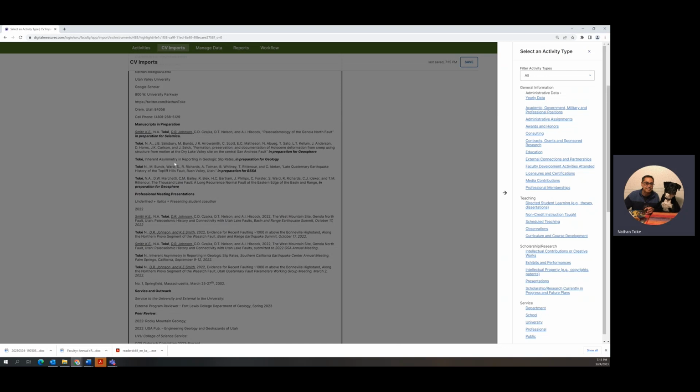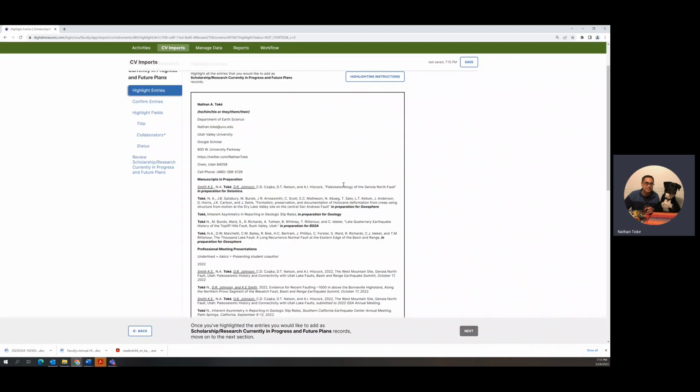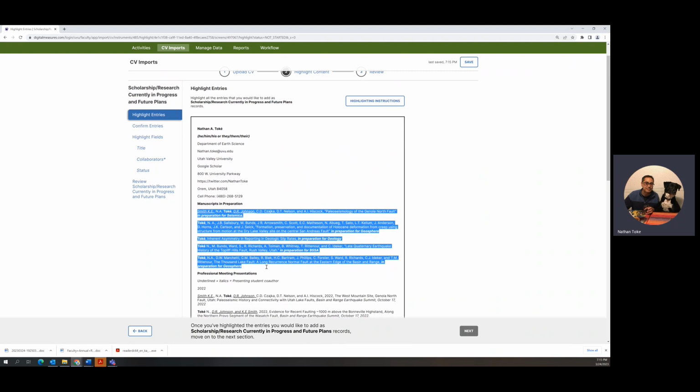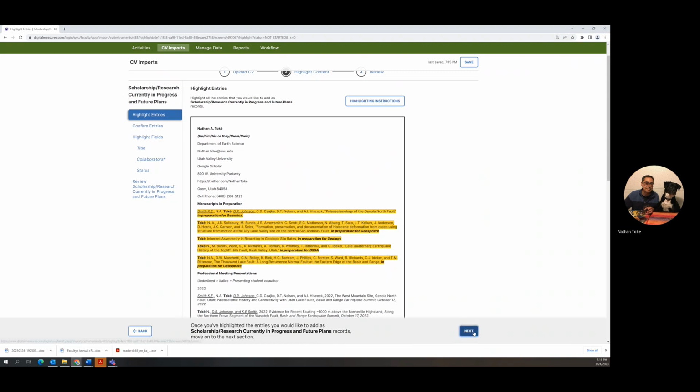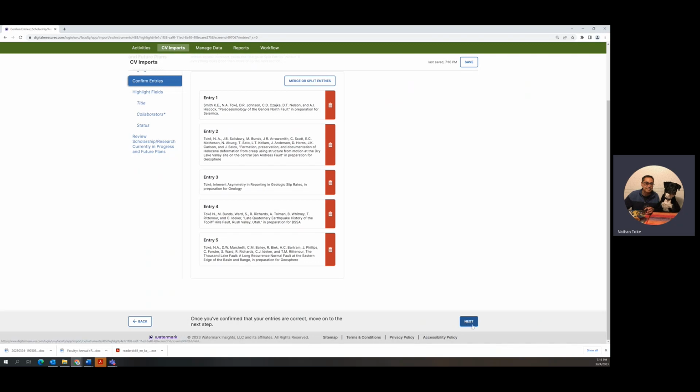Well, these aren't accurate because these are manuscripts in preparation, but let's imagine I have scholarship research currently in progress and future plans. So that's perfect. So continue. So it's asking me to highlight that. So let me highlight the manuscripts in preparation. Okay, so I've got my 5 entries. Next